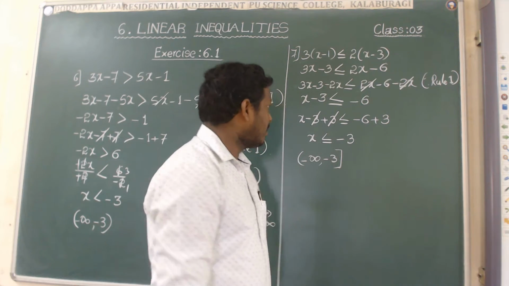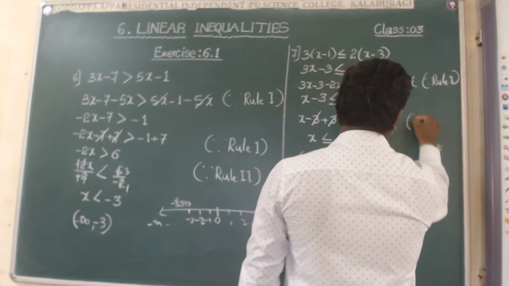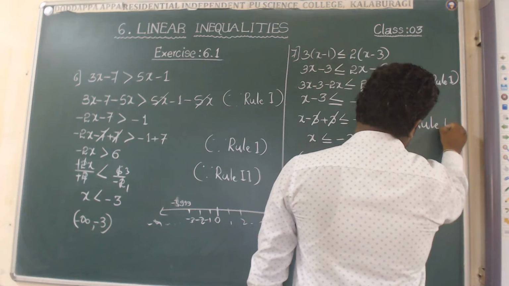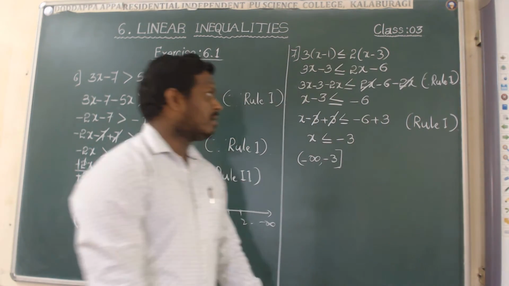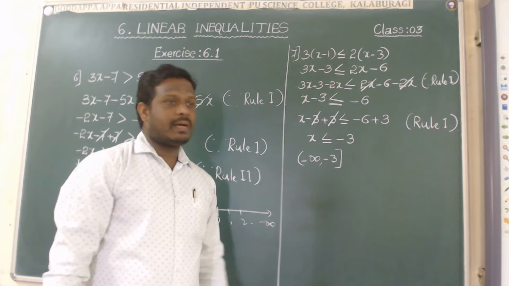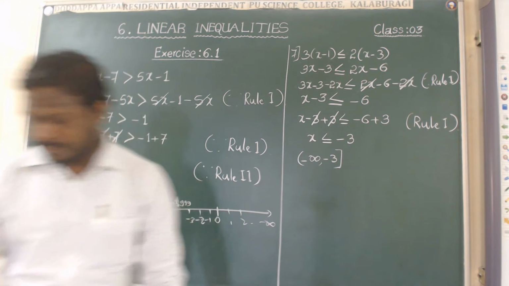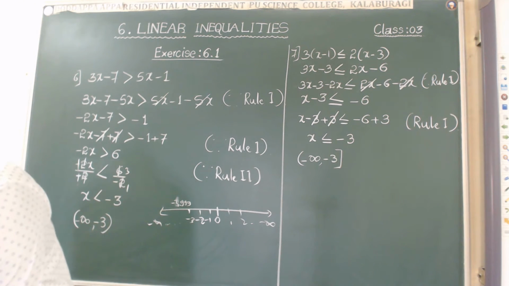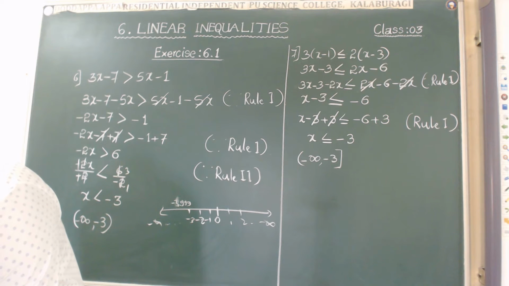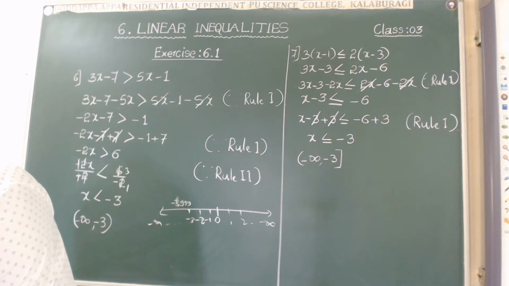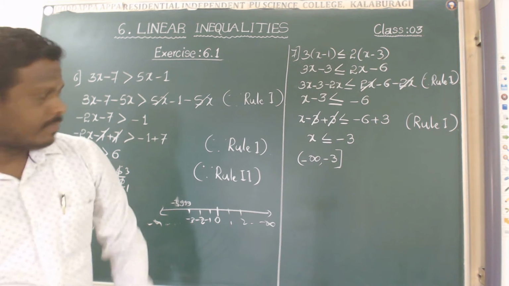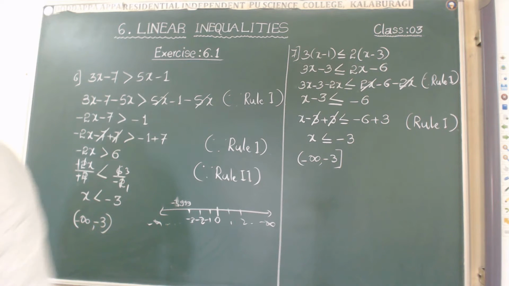Very simple way is that. Again here I am using the first rule only, adding 3 to both sides. Okay. The seventh answer is open interval minus infinity and closed interval minus 3. In that way we have to simplify. Okay, I hope that all of you are getting this one. Now come to the next question,